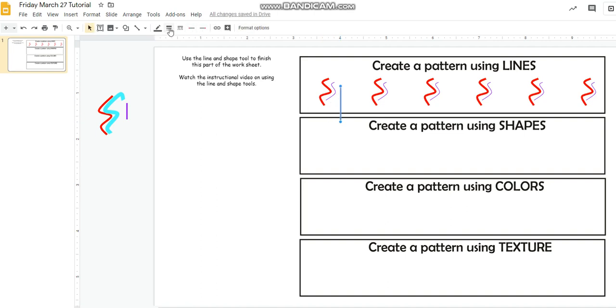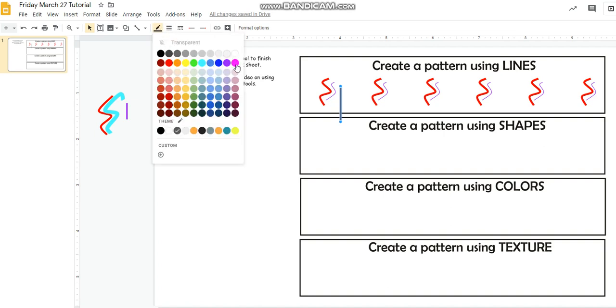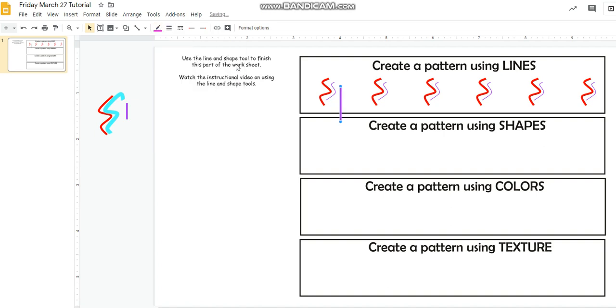So I've got a nice up and down line. I'm going to go with a little heavier, and we're going to change this color to pink. Okay, and let's put this line just so it's touching the bottom of that